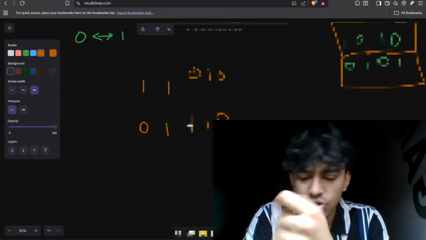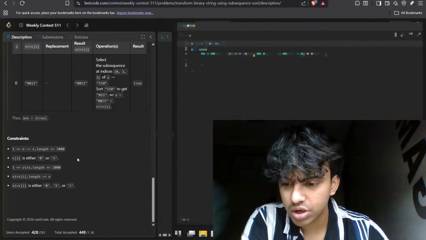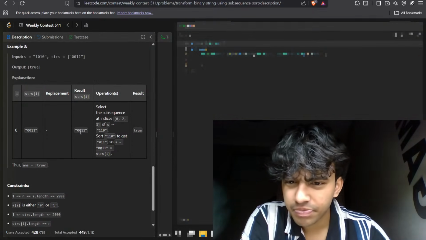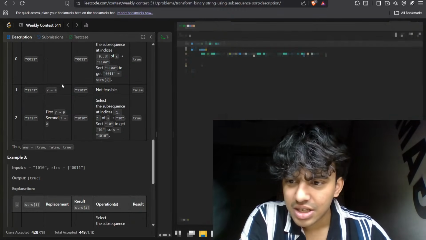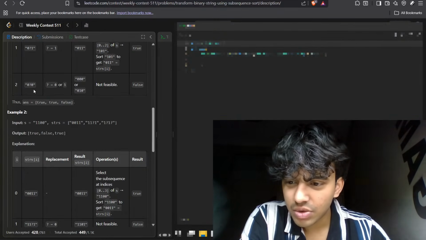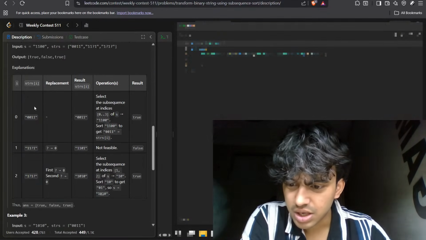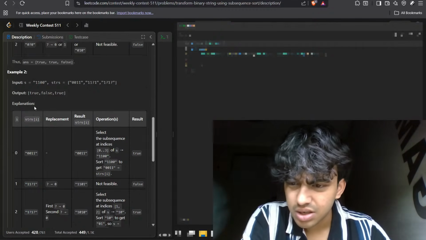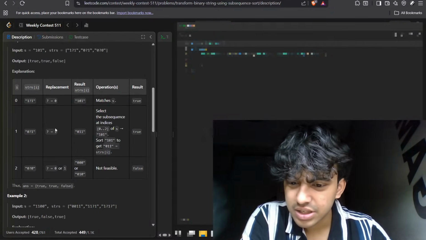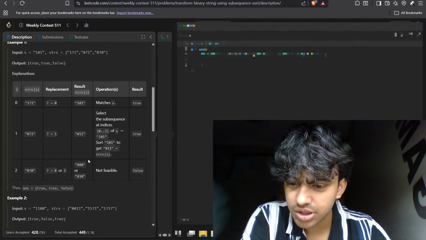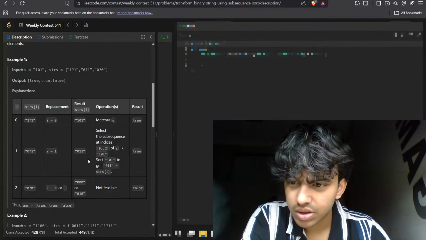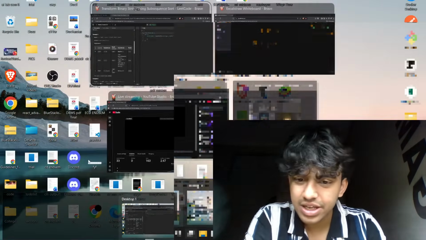I can't figure out a false case, bro. I guess I need to do a wrong answer submission and then just get to know 1101. ठीक है. False का case is false 010. So false का case I guess is just